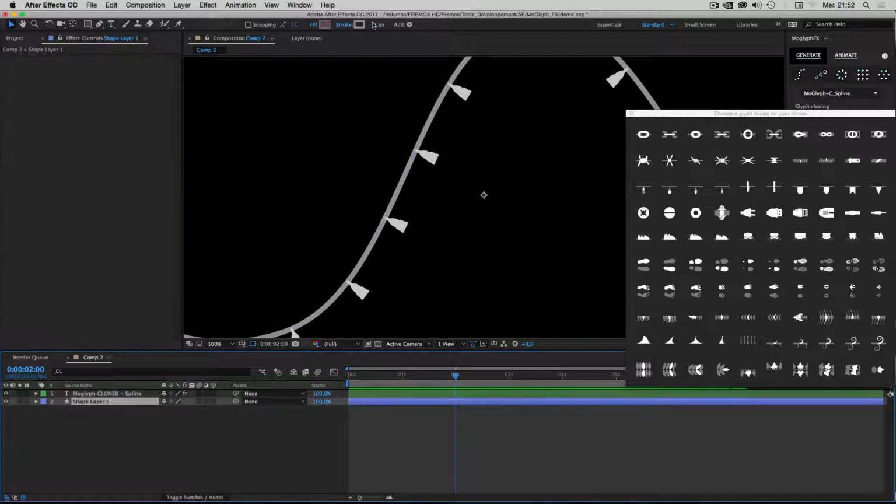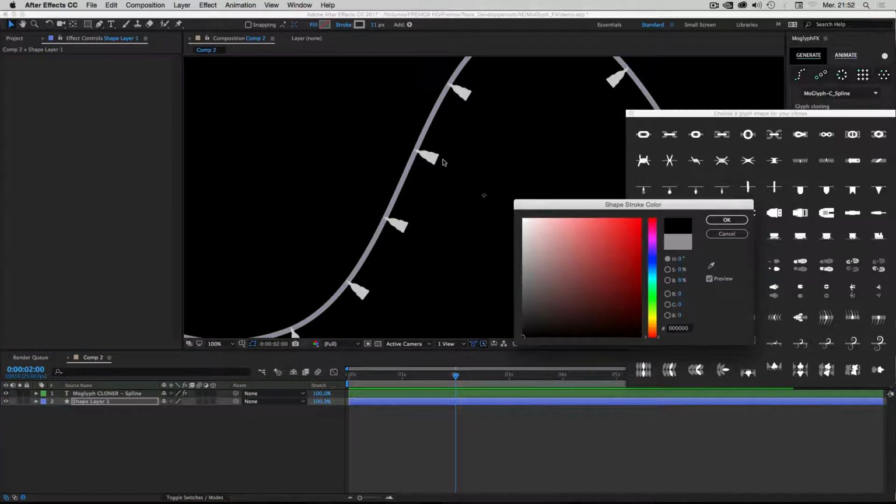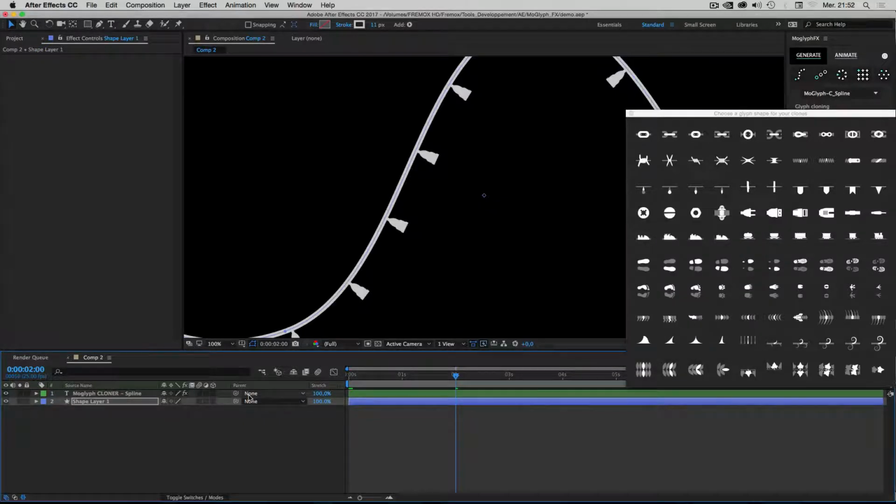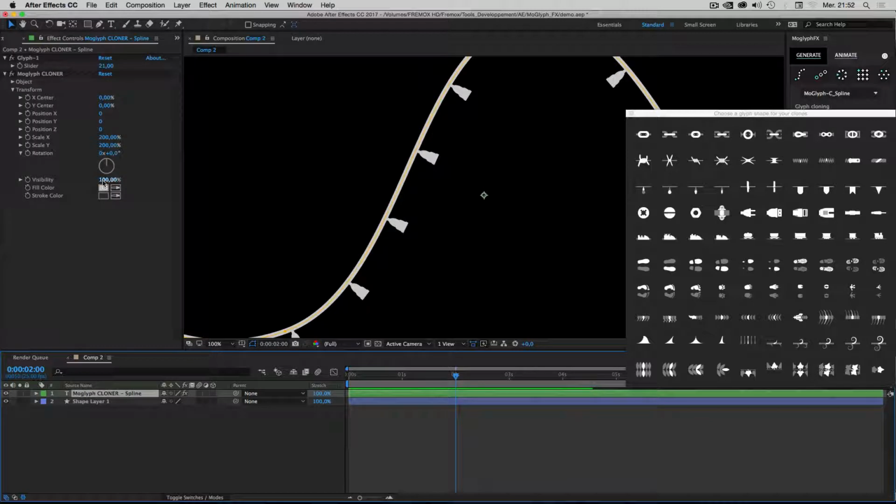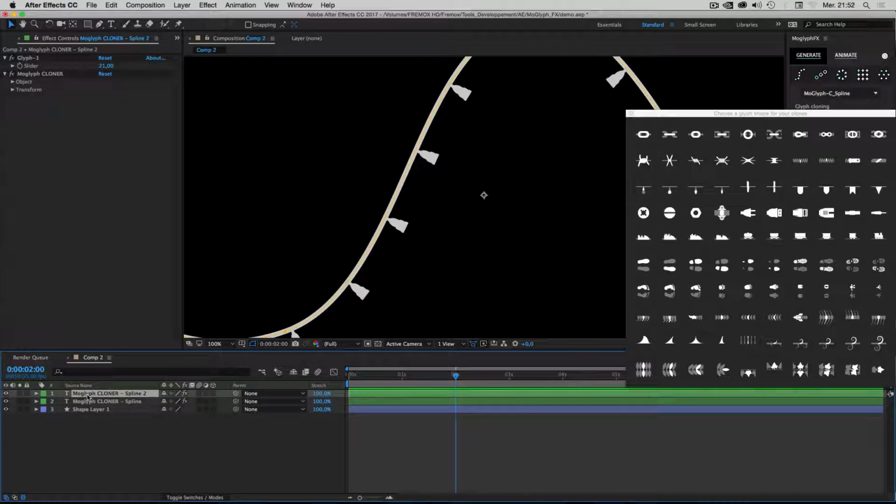I will choose the same color for my shape layer stroke and my Moglyph spline, sorry. Okay, and I will duplicate my Moglyph cloner, and now I can just, as you can see, the glyph that